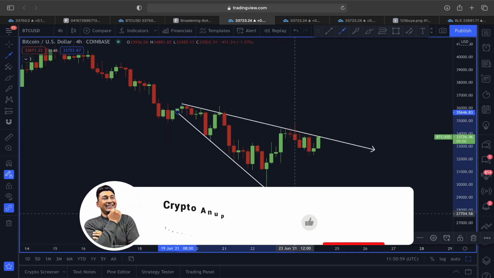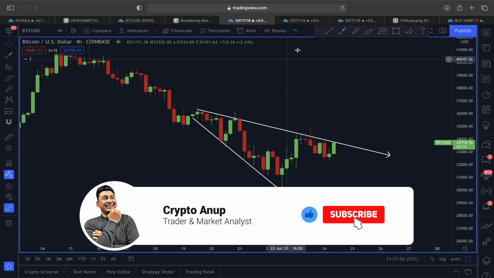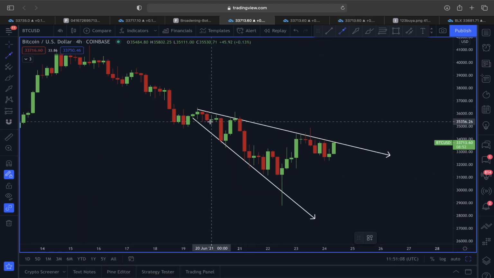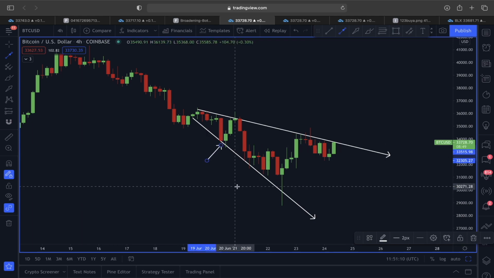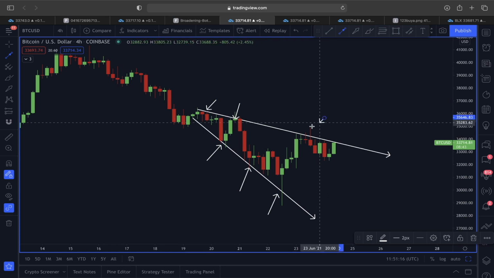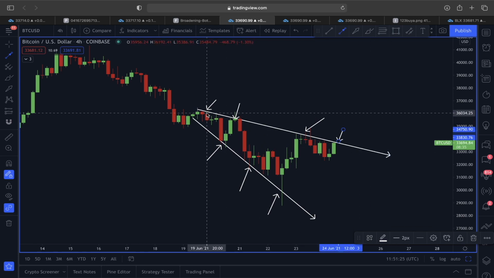Because if you monitor this price movement at this current stage, guys, you can see very clearly around this area, in a 4-hour time frame, this here is a very nice descending broadening wedge playing out again for Bitcoin, because this lower line here acted as a very strong support line, and the upper line here acted as a very strong resistance line.